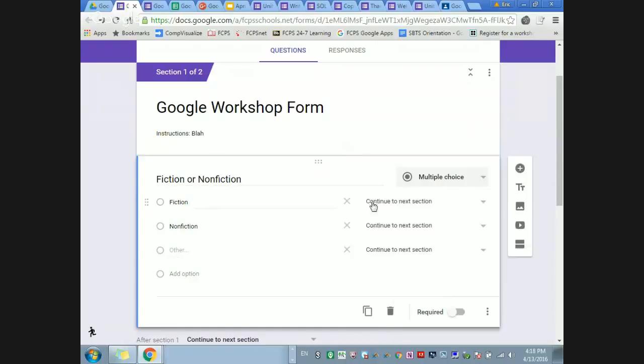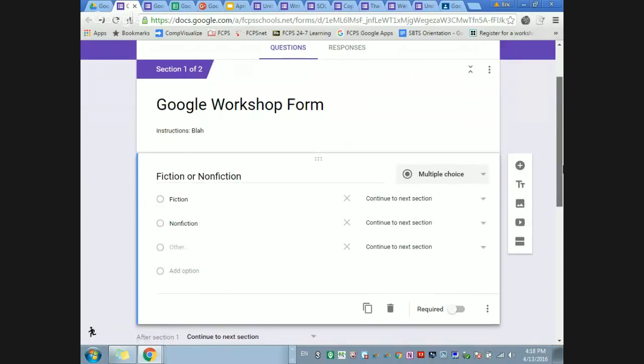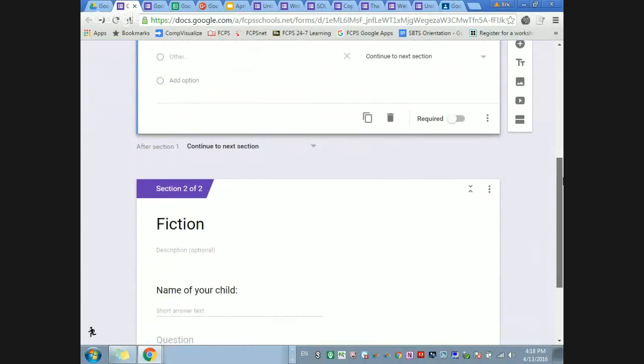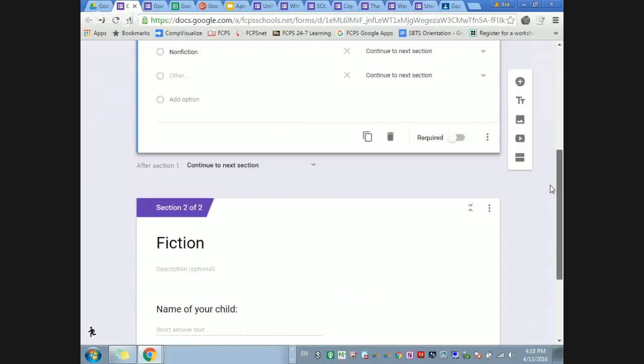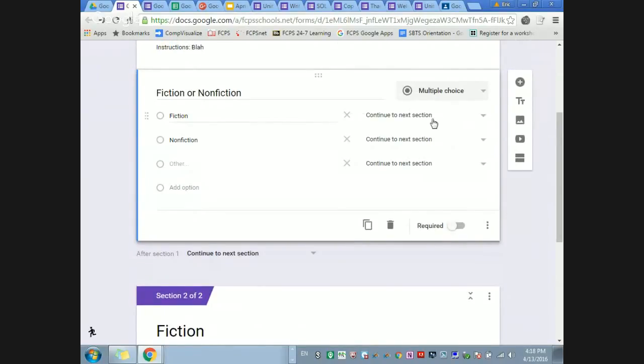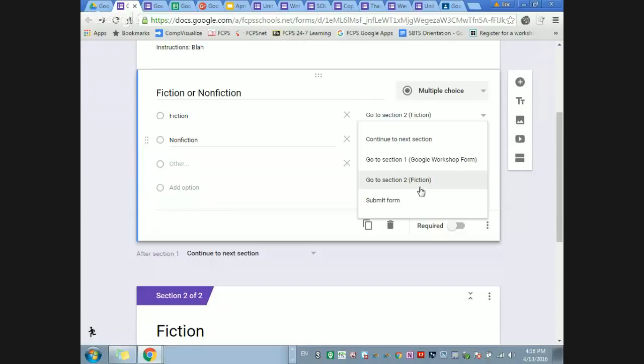By default, when I choose that, all of these responses make the user go to the next section, which is going to be fiction. But I might have a section after that called nonfiction, and I can choose here that fiction will send me to section 2 for fiction, and then the nonfiction one could send me to section 3, which I created for nonfiction. And that's how he creates these branched forms based on the user input,